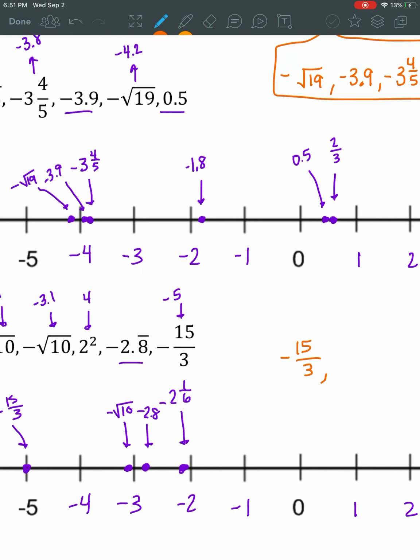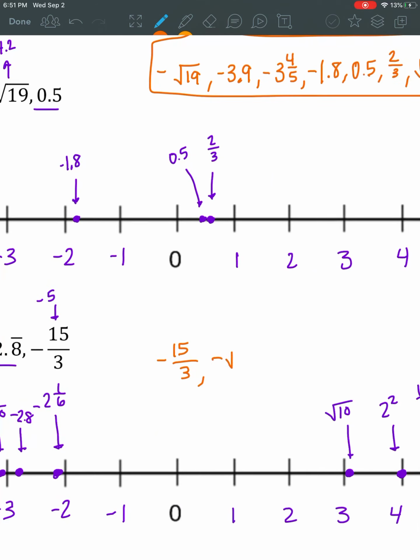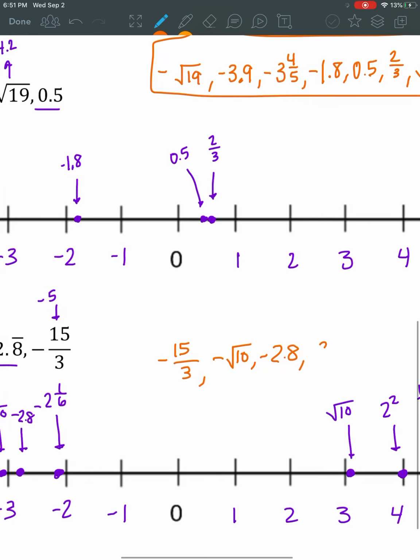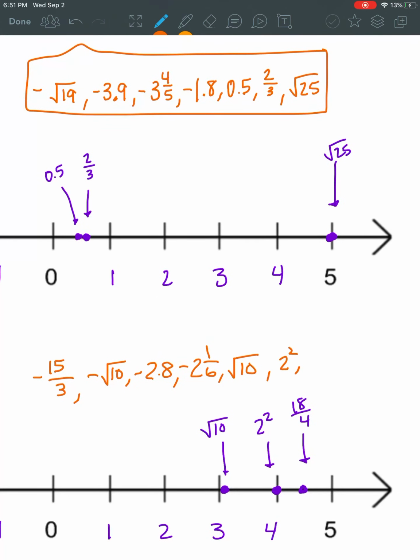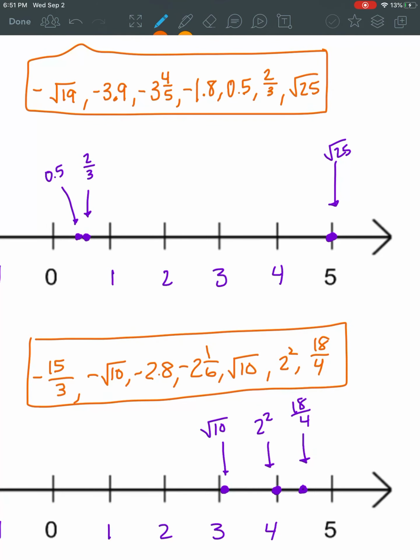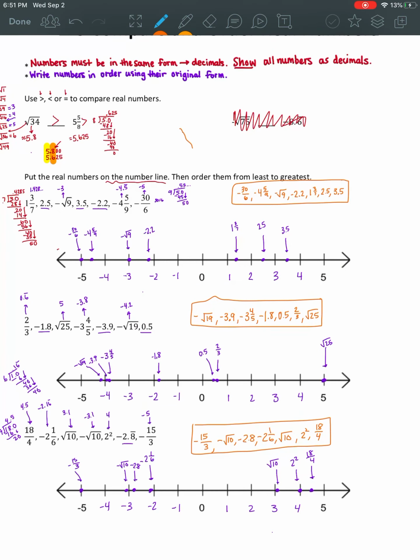And remember, we write them in the original formats, not what we changed them to. Then the negative square root of 10. And then negative 2.8. Negative 2 1/6. Square root of 10. 2 squared. And 18/4. 1, 2, 3, 4, 5, 6, 7 numbers. We are good to go. So that concludes our lesson. If I give you a list of numbers that are decimals, fractions, square roots, can you put them in their decimal format, and then can you order them